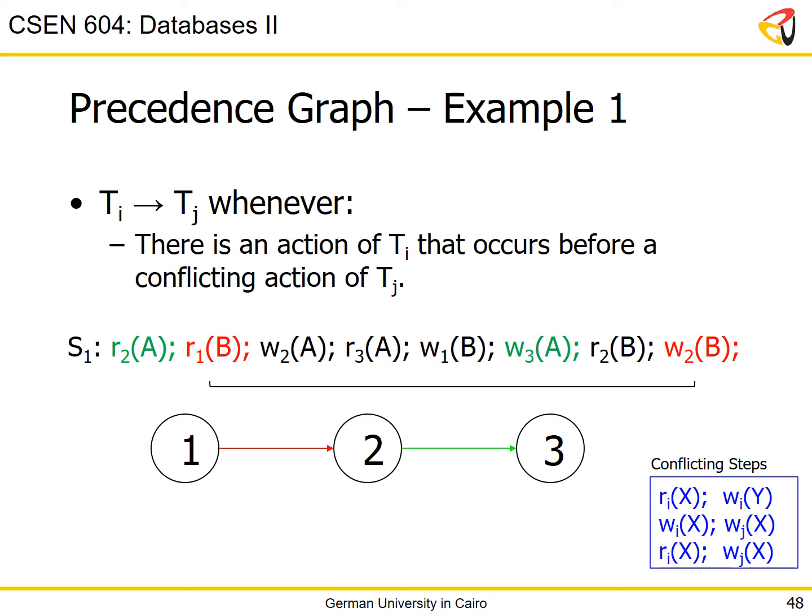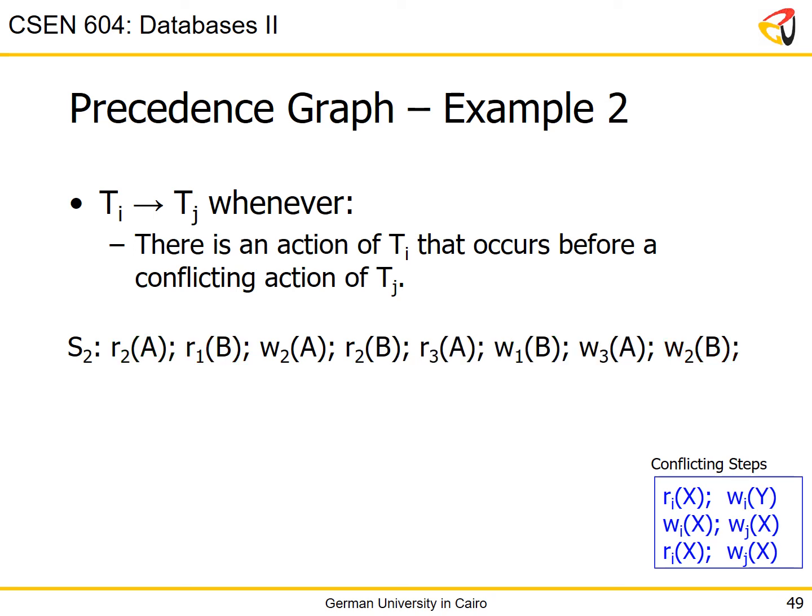Okay? Now we keep looking and there is nothing else. Since I didn't find a cycle, the schedule we were just looking at in the previous slide is great. It's actually conflict serializable. Let me be more accurate: it's a conflict equivalent serializable schedule, and it is equivalent to T1 followed by T2 followed by T3. The final output on the data